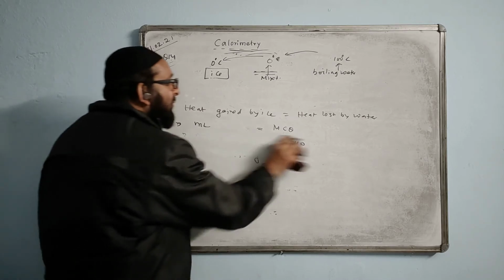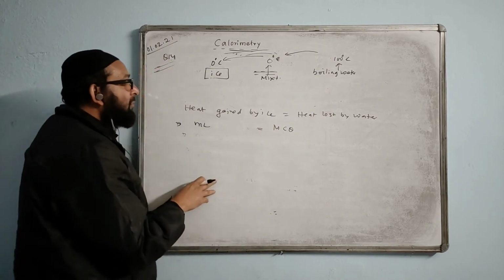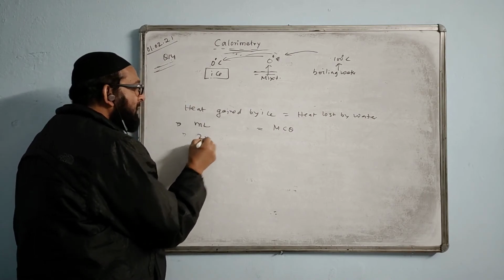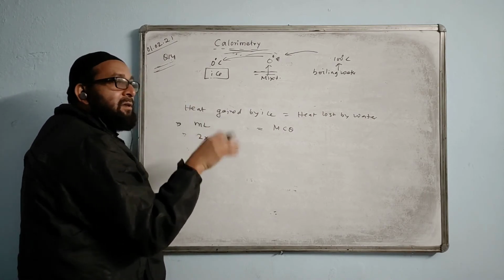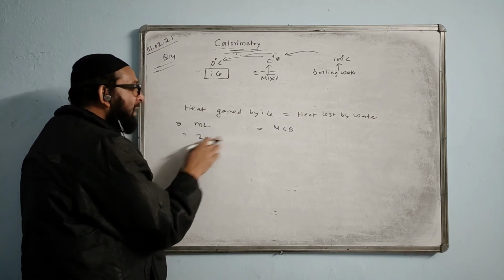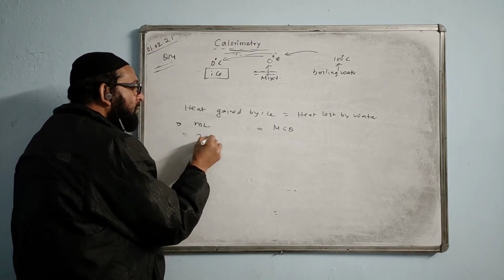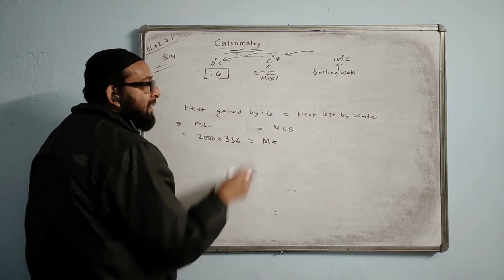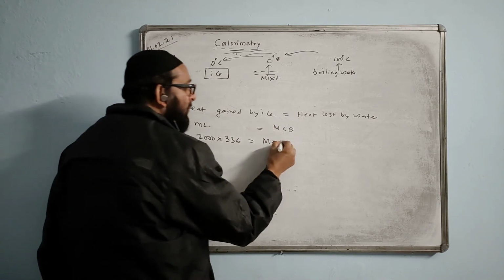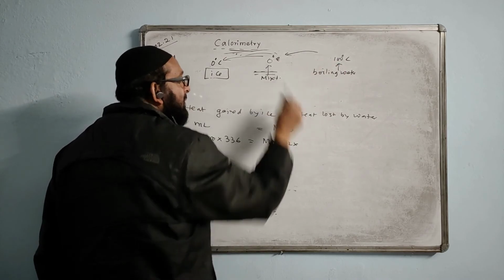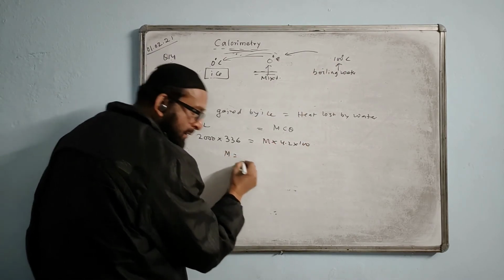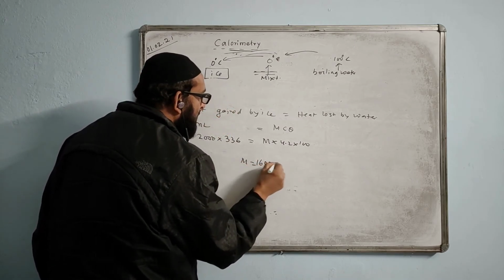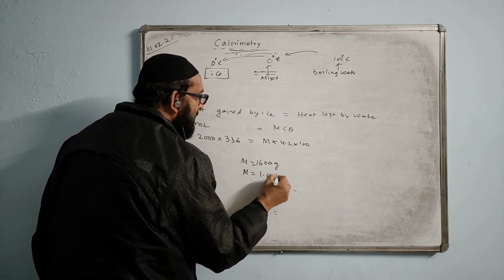This time you have to find the mass of water. Mass of water is unknown. The mass of the ice given in the question is 2 kg. The latent heat is given as 336 joule per gram. This is in kg, that is in grams, so it will change. 2 kg becomes 2000, into L value 336. Mass of the water is unknown, and the value of C is given as 4.2. Theta is taken as 100 minus 0, which is 100. Get the value of m. The value of m will come to 1600 grams, which is the same as 1.6 kg.